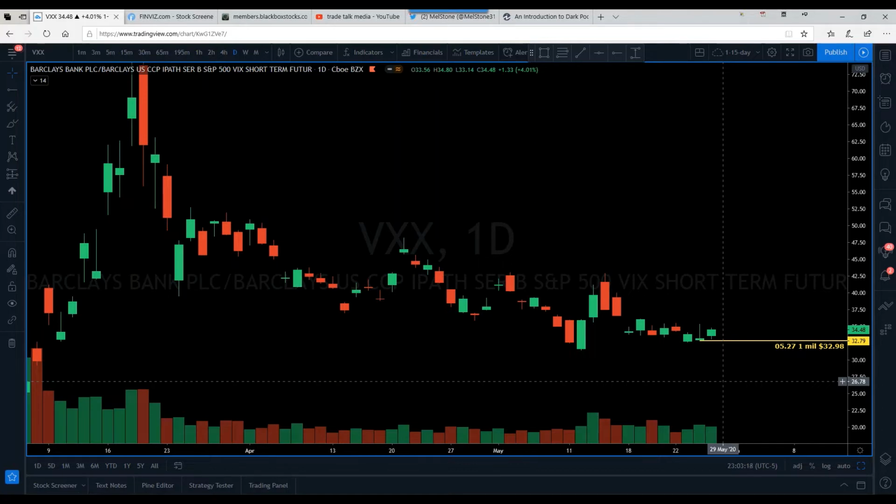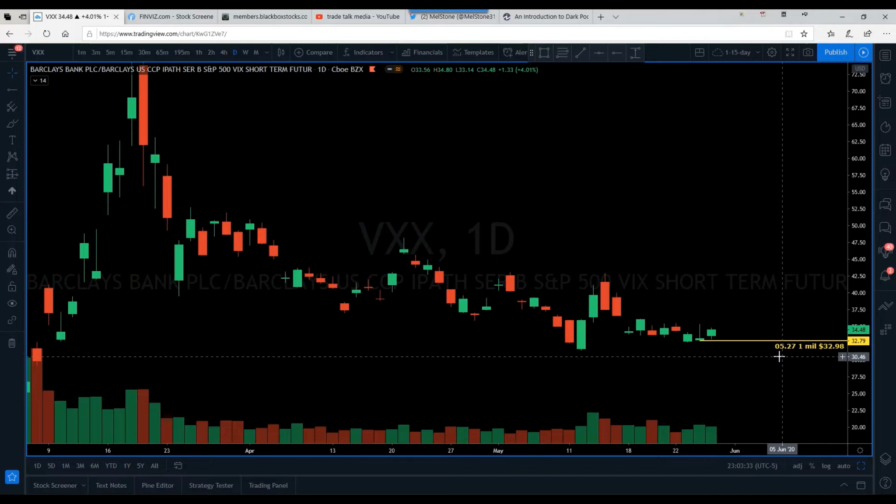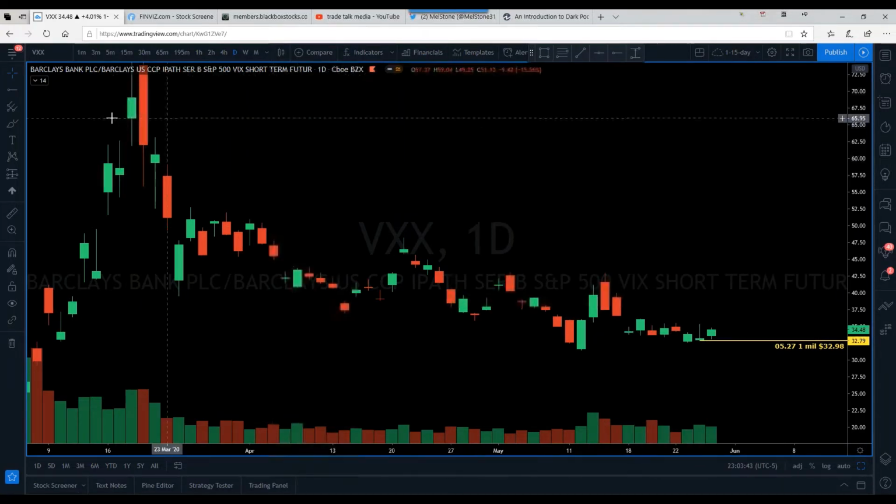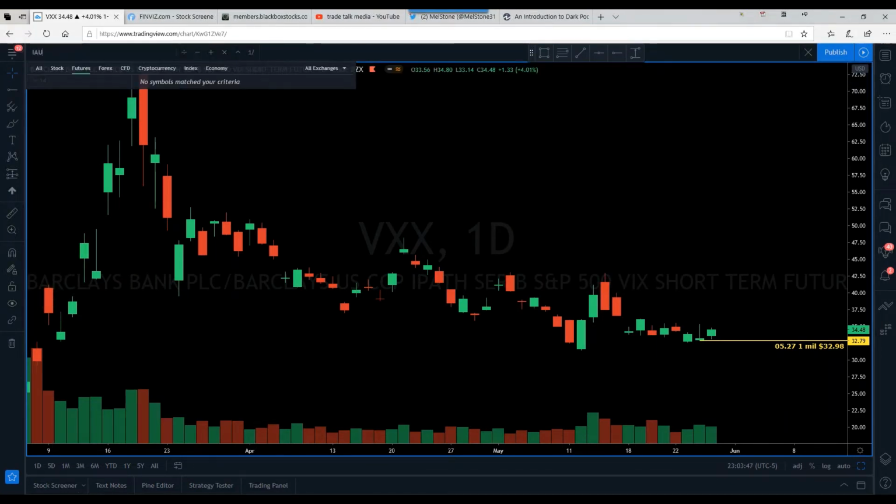Are we kind of just bouncing within a range and really haven't had much activity in either direction? It will really help you to have your prints added that you're tracking, just to be able to have the visualization. So here we came in yesterday with a 1 million share print at 32.98. I've got that level marked on my chart, and you can see that today price action was well above that level. I'm going to jump over to the IAU just so we can look and see how that one's been